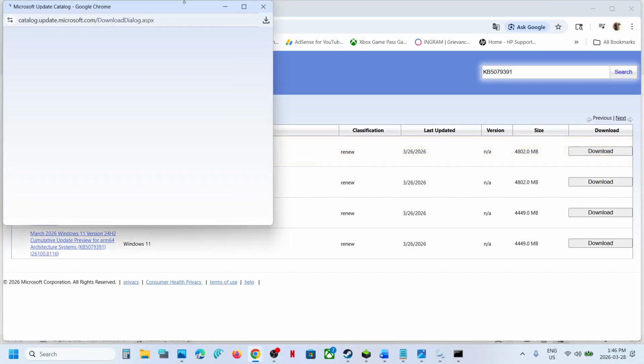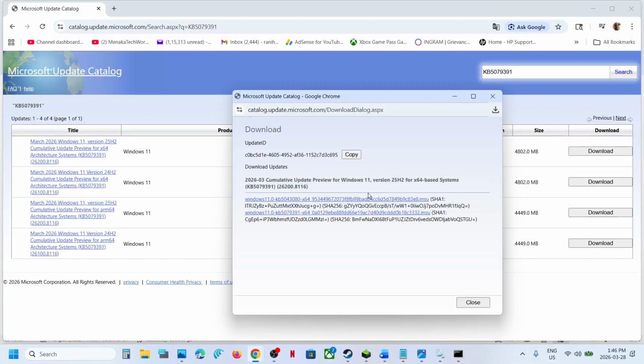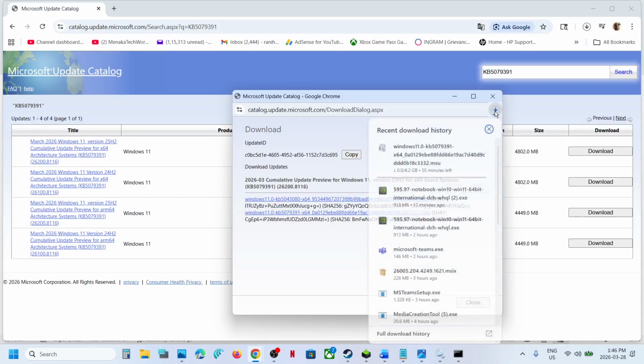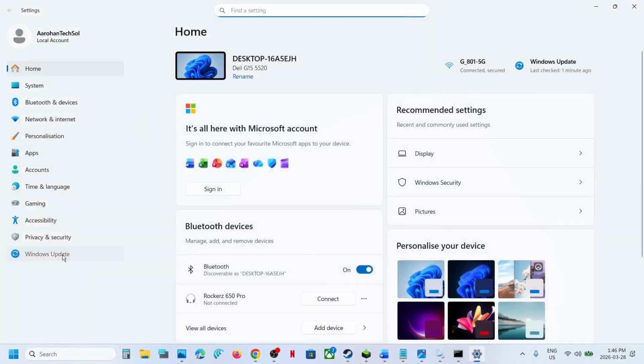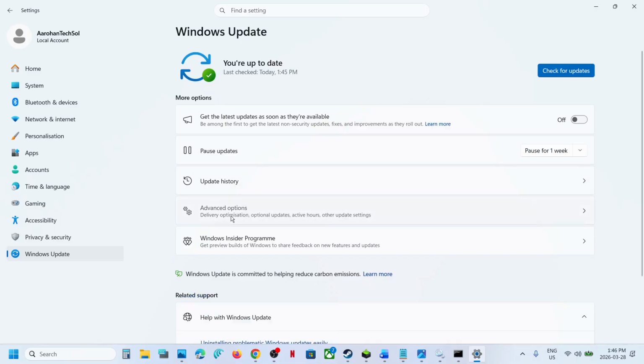Click on download and then you will see KB5079391. Click on it and let the download complete. Once the download is complete, you can click on this file and you can install this update manually, restart your computer and then check. Still not working,